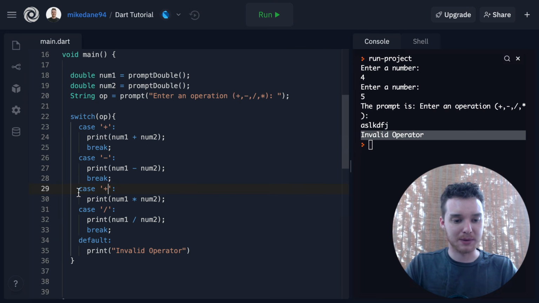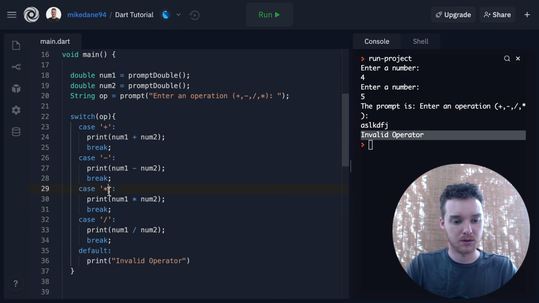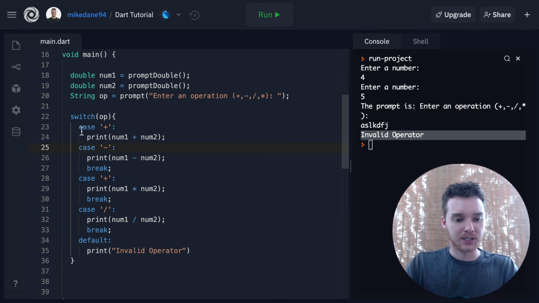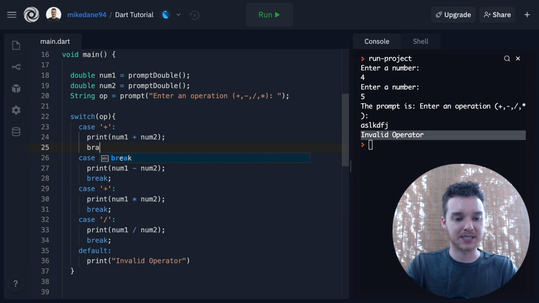So this maybe isn't the best case, but I just want to show you, or actually no, we would want to do this. So I'm going to remove the break up here. In this case, we have two of these case statements which are both going to end up being true. Now, most of the time, these aren't going to be the same character, but in this case, both of these could be true. So if I don't put a break statement right here, if I remove this,